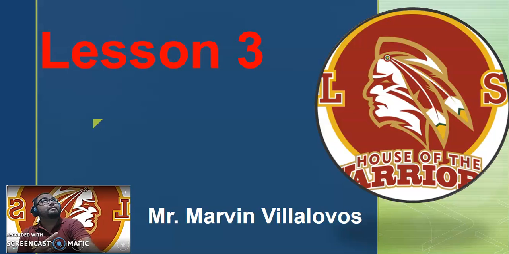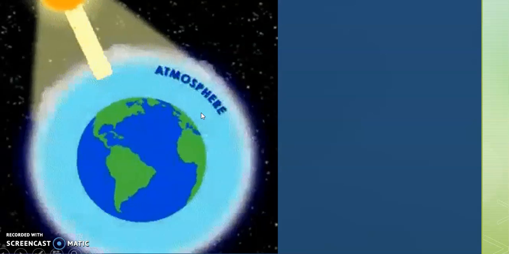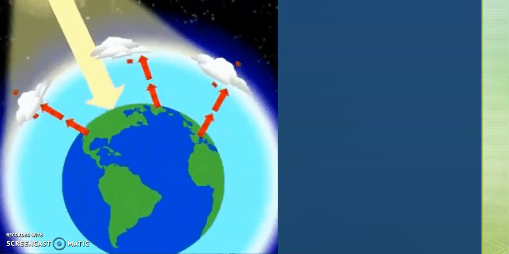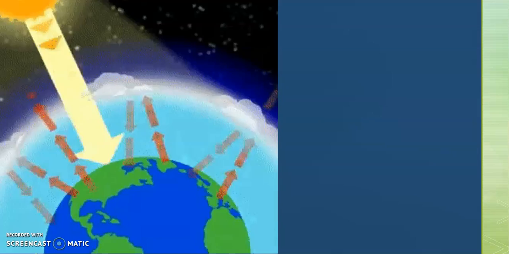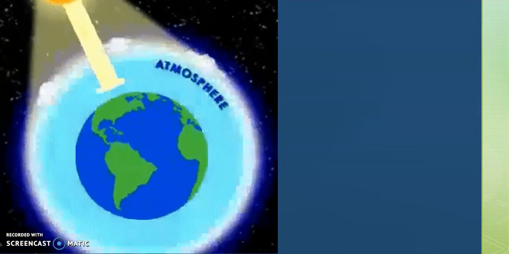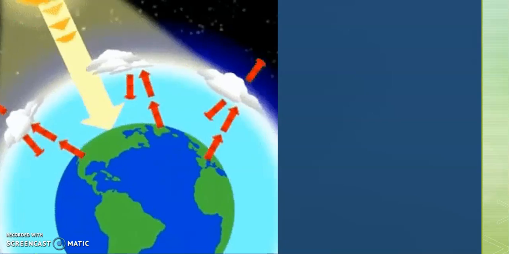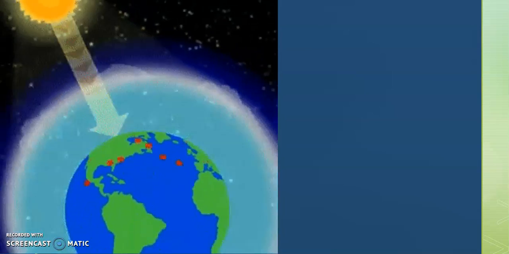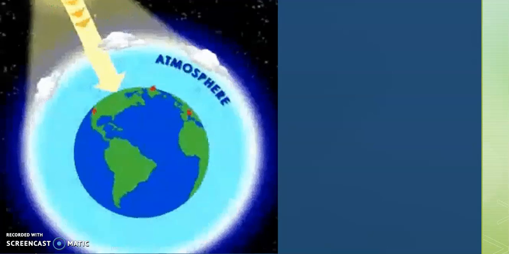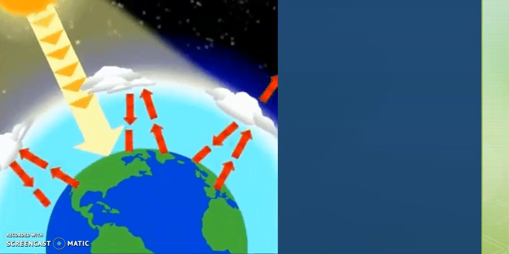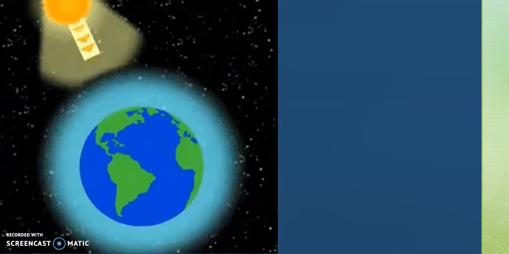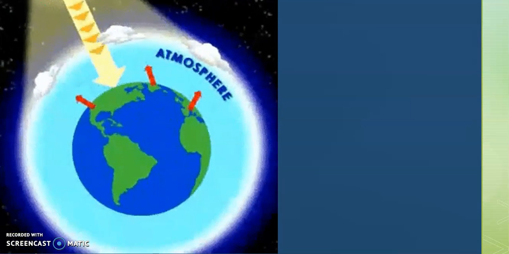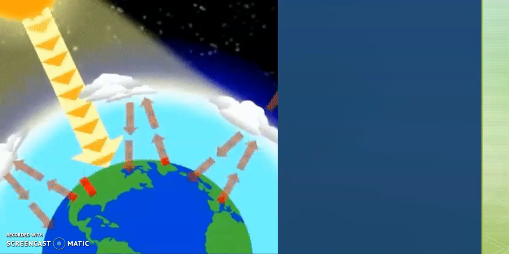Today we are going to see one topic that is not new for you, it's something that you know, and we are going to review this topic. It's about the oxygen cycle and the greenhouse gases. And look at the picture. This is the process that you know. You know about oxygen in the plants, you know about photosynthesis, you know about all the elements of the planets that we need to survive. Oxygen is important, you know how is the oxygen produced. So we are going to review this lesson and we are going to advance with this topic.